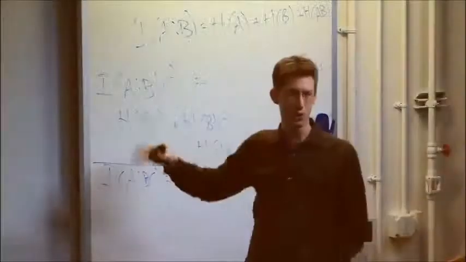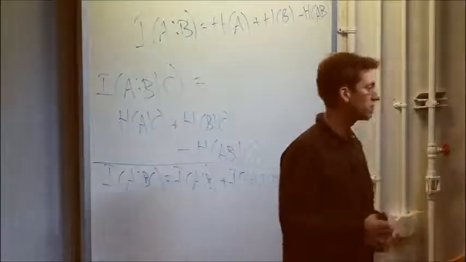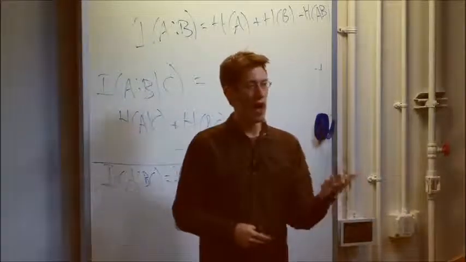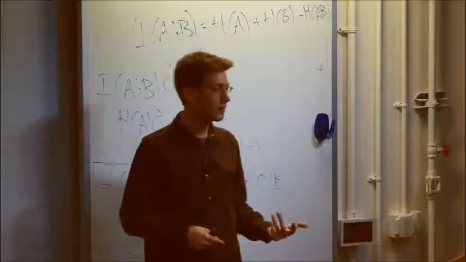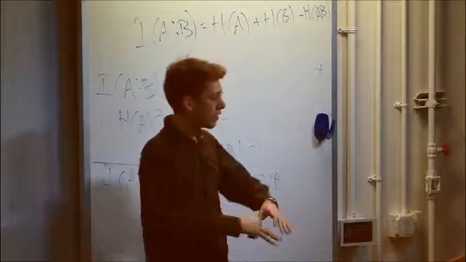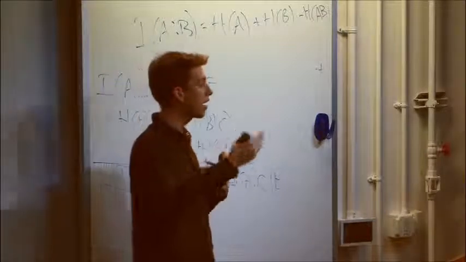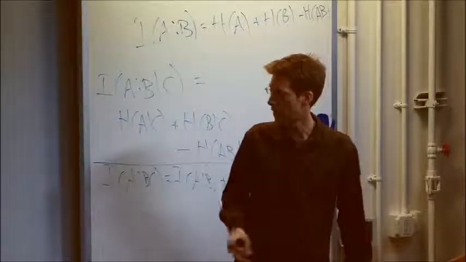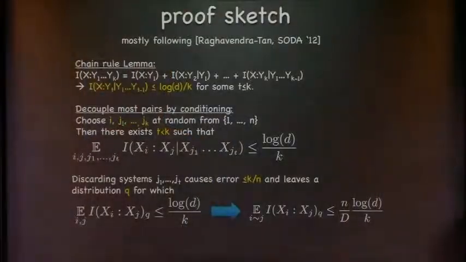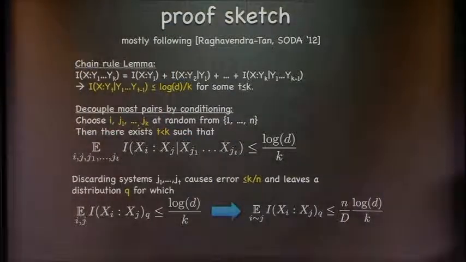Okay, I've erased it, but we have this particular graph describing interactions. What we really care about is how independent are you across the edges of that graph. And so there we have to pay some price: that level of correlation across edges of the graph might be much higher than the average correlation. And it might be higher by a factor of n over d, because that's how many more edges there are in the complete graph than in our particular graph, which is d regular. So that's sort of the essence of the argument. If you condition out a bunch of systems, then you're nearly independent across all of the edges in your graph.